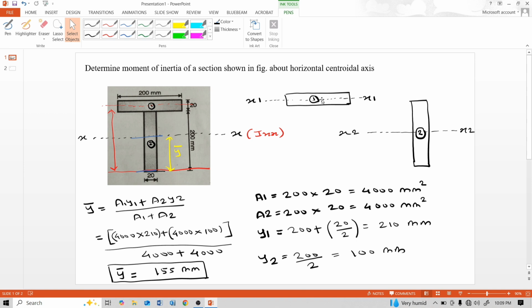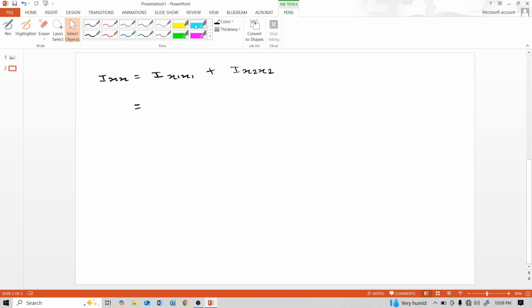The side parallel to this x1 axis is this 200 mm side. So Ix1 is 200 multiplied by 20 cube divided by 12,